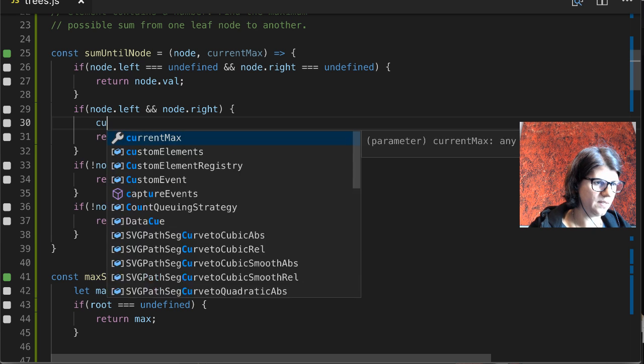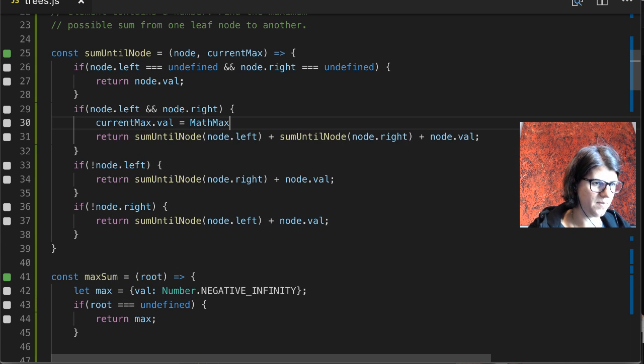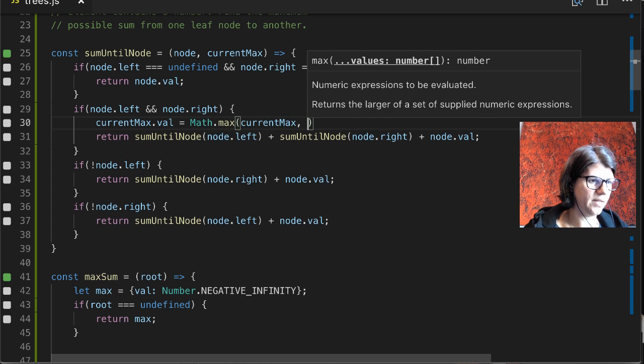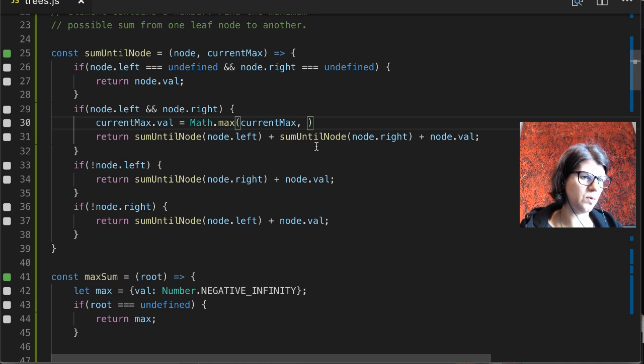And then I can say current max stat value is Math.max. I wish there were an operator like plus equals, there should be a max equals, because for interview questions, I'm using it all the time. So it should be the current max, or